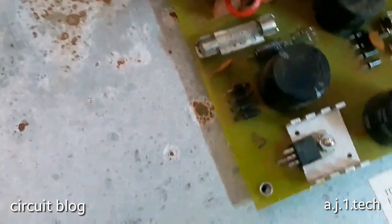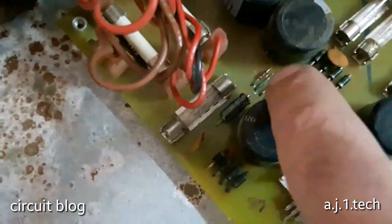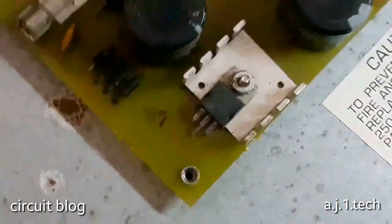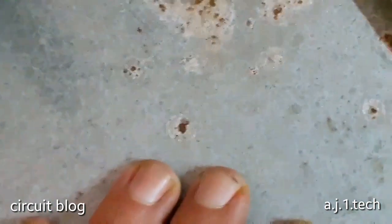As we can see here, I don't believe you can see it, but there is corrosion in the rectifier legs, and there is corrosion in this area over here. If I zoom in, what this part is, oh, this is a rectifier. It's a 5-volt rectifier, fuses, and this is all what is here present